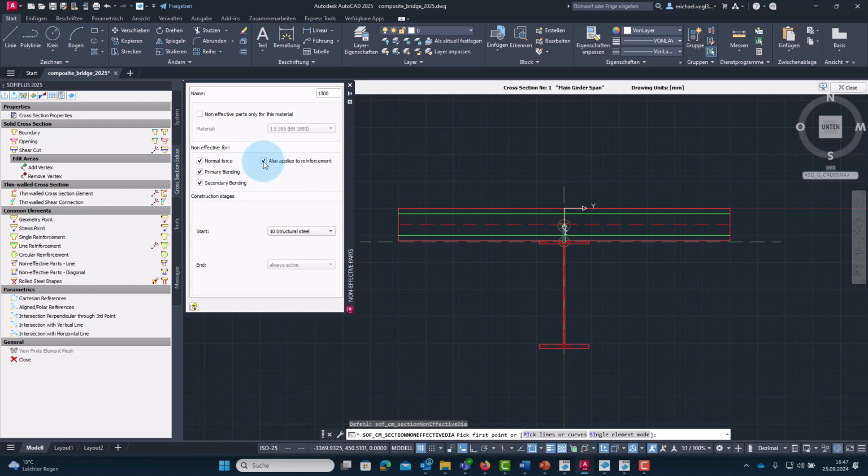Assign cross-section 20 like for the affected concrete elements. The size of the non-effective area, respectively its width, is not relevant yet, as we will adjust it in the next step using an axis variable to interpolate the effective width, respectively the cross-section, along the axis.